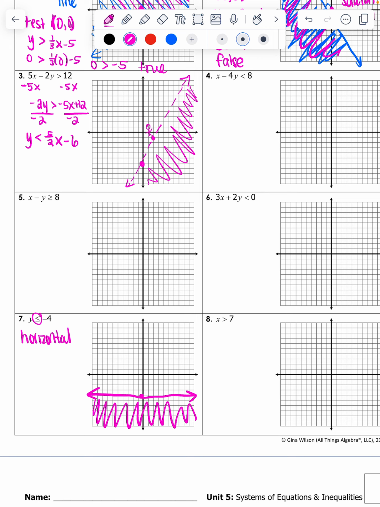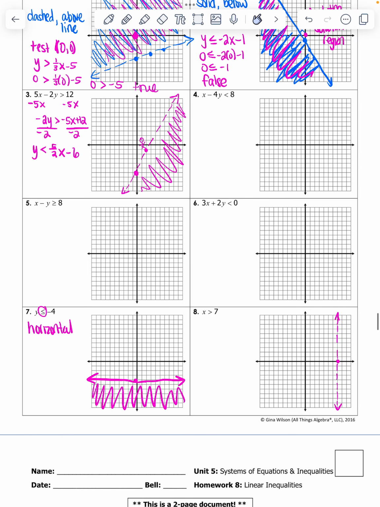Number 8, we have x is greater than 7, so we go over to 7 on the x-axis, 3, 4, 5, 6, 7. And this is going to be a dashed or dotted line. The symbol does not have the equal to part. And anything greater than 7, this is going to feel different because the line's vertical, but anything greater than 7 means any numbers that are greater than 7 on the x-axis, which would be to the right of the line, not to the left of the line,